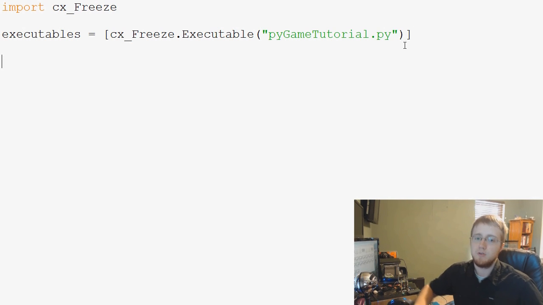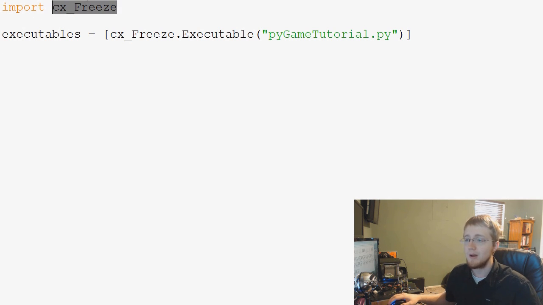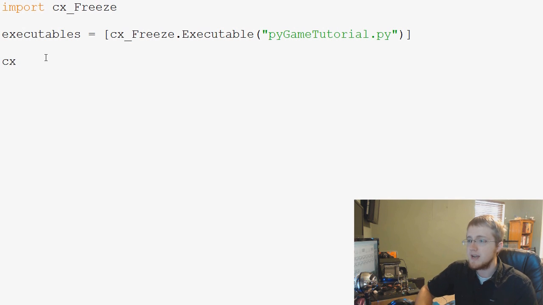Now, what we want to do is the cx_Freeze setup. And this is really important, and I'll try to cover at least Pygame specific stuff, but what you throw into this can help or hurt you quite a bit. So a good idea would be to check out the documentation for cx_Freeze. You can get a lot of help there, and a lot of people just choose not to read documents, but definitely read the documents. Definitely very helpful. But in our case, what we're going to do is